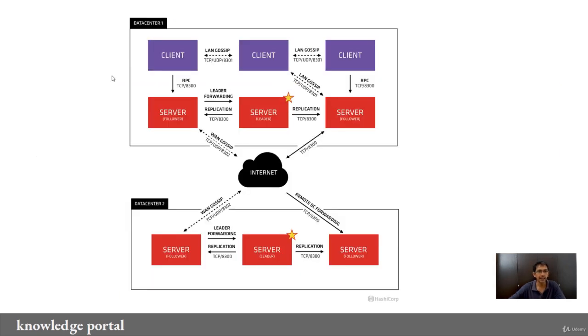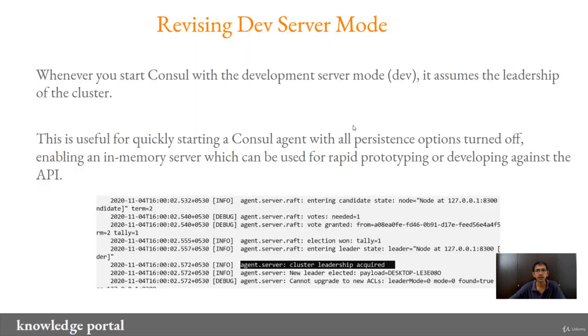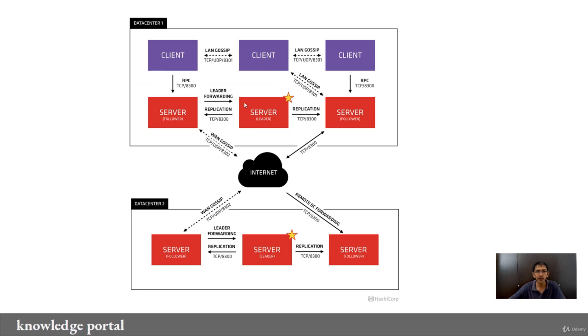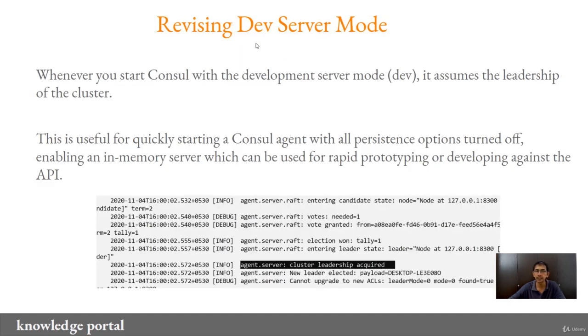However, do note that if you look into this specific diagram, specifically in terms of high availability, here you see that there are multiple Consul agents that are running in the server mode, and within here you have one server that has assumed the leadership role. So here you see you have the leader which is written, and the other server has a follower that is written. So that is what is referred to by the first point. Since you only have one server here, whenever you are running in the dev server mode, it automatically assumes the